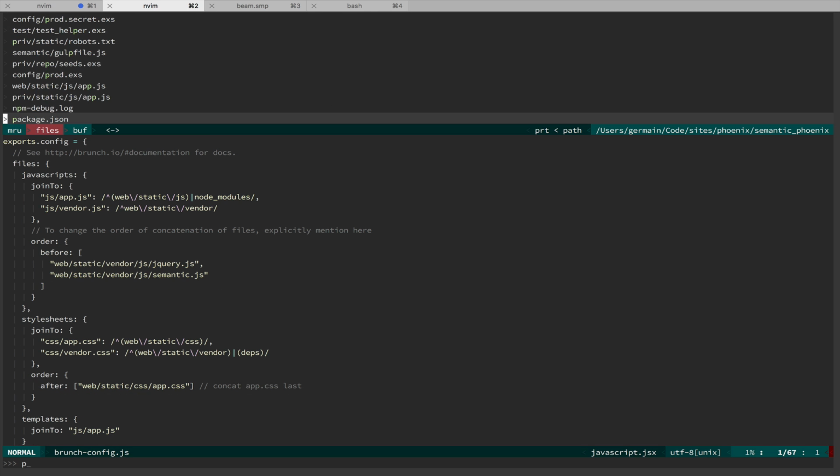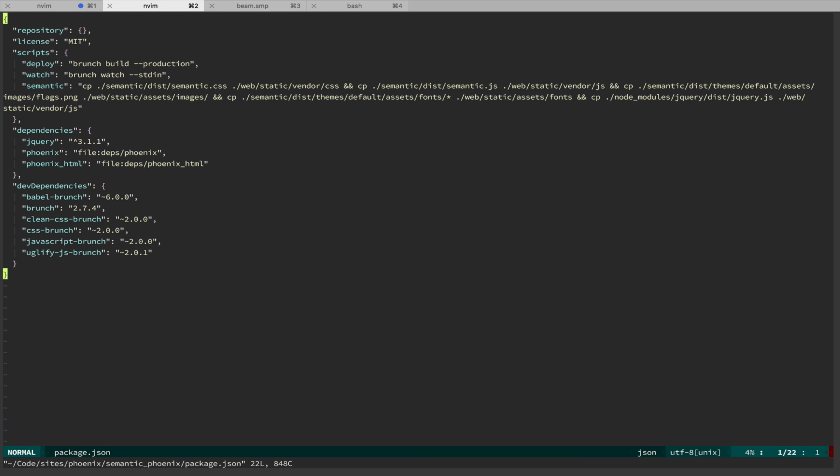Yeah, I think it's good. We just open the package.json, and you see in the package.json, you have a script. It's here. Yeah. The semantic script is going to copy the semantic CSS and put it in the web/static/vendor CSS directory. Do the same with the JS. They are going to do the same with the flags. They are going to put them in the assets images, and they are going to take all the files in the fonts directory and put them in the assets fonts directory. Also, we are going to copy the jQuery JS in the node modules and put it in the vendor JS